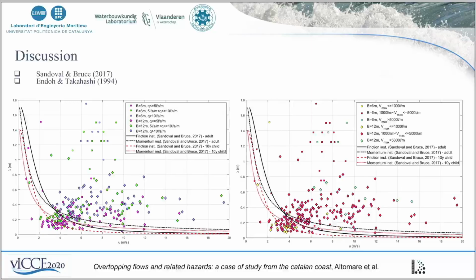What does it mean? It means actually that there is an influence of the crest, an influence of the layout, that even if we consider similar events, similar maximum volume and similar discharges, if we have a difference in the layout that generates a change, a transition in the flow over the crest, so a change in the overtopping flow properties, perhaps we will have certain conditions that we can consider safe and others that we can consider actually unsafe. The importance of the crest is very important here.